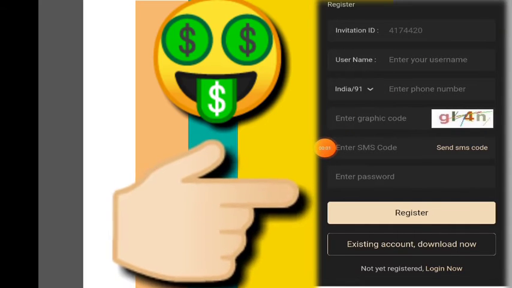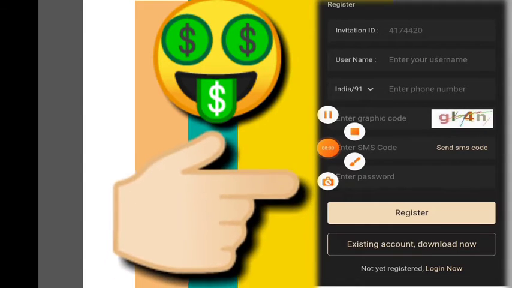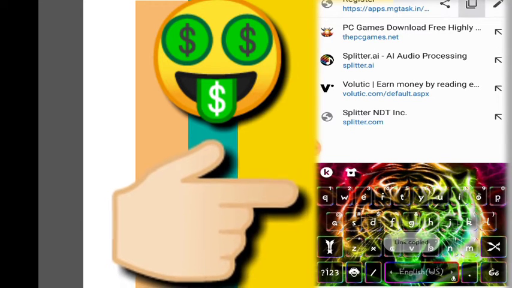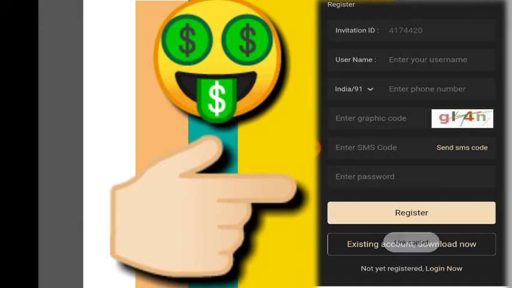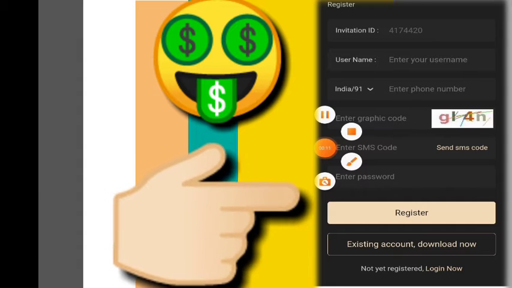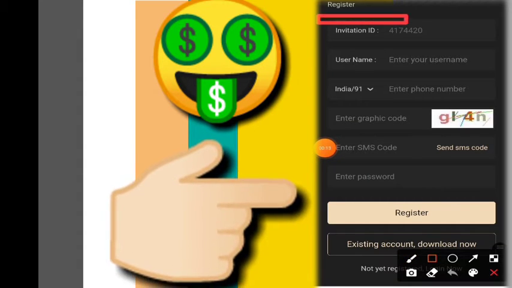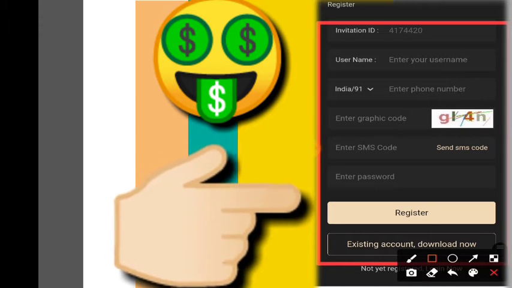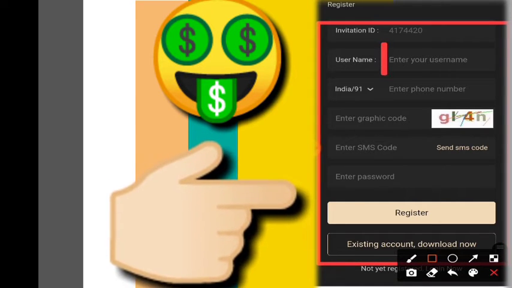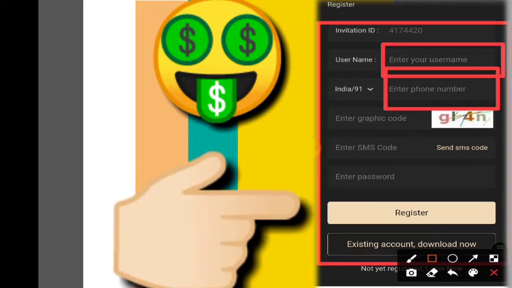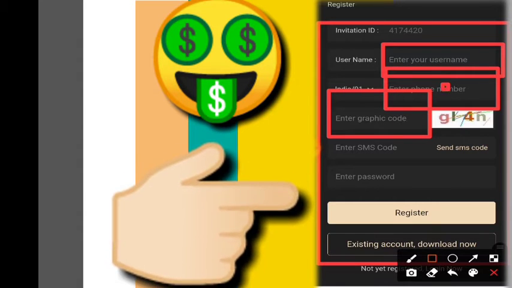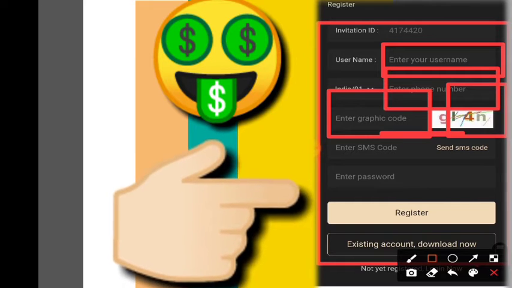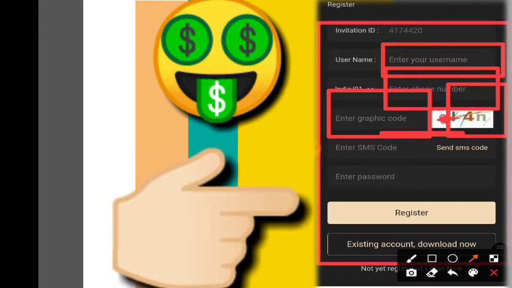So let's move to the step number 1. First of all, you need to go to the link that is given in the description. I'm copying it and I will paste it in the description. So first of all, you can see here invitation ID. You have to fill the invitation ID that is given in the link, or when you click there, it will automatically catch it, and then you need to type your username,